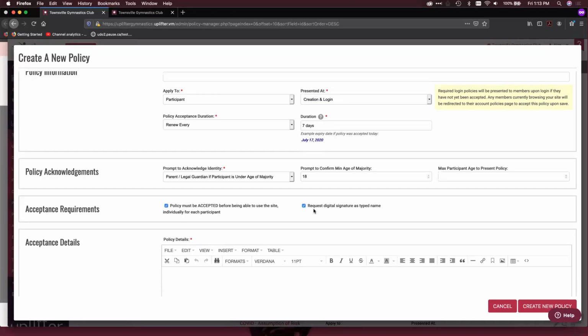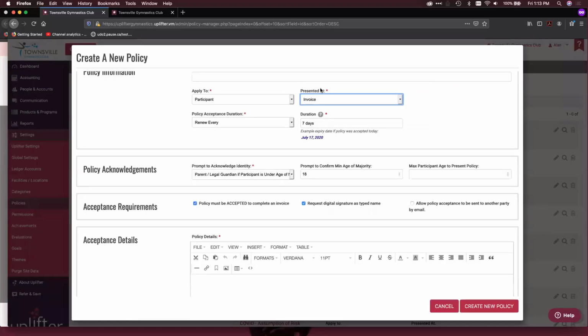So what this will do is provide a little box at the bottom of the acceptance screen that will ask them to type in the name, so that it will basically be indicated as a digital signature. Now you will need to check with your regional jurisdiction to see whether or not a typed name will suffice in terms of a digital signature in the context of which you're actually creating this digital waiver.